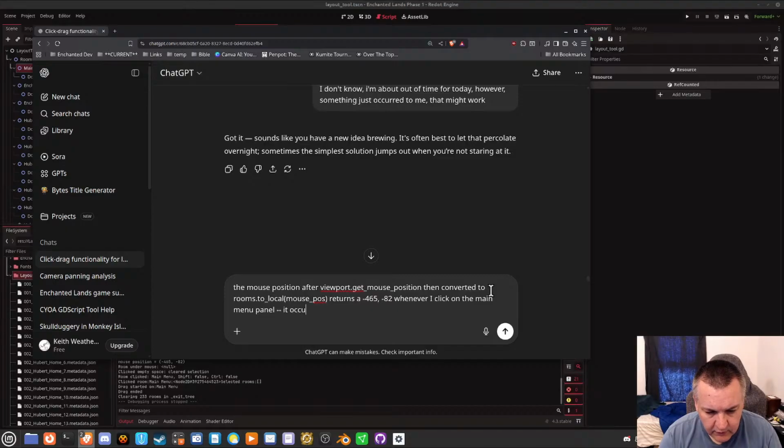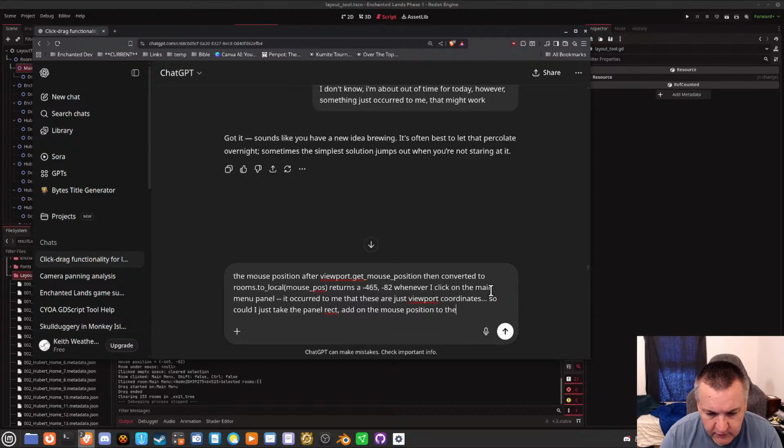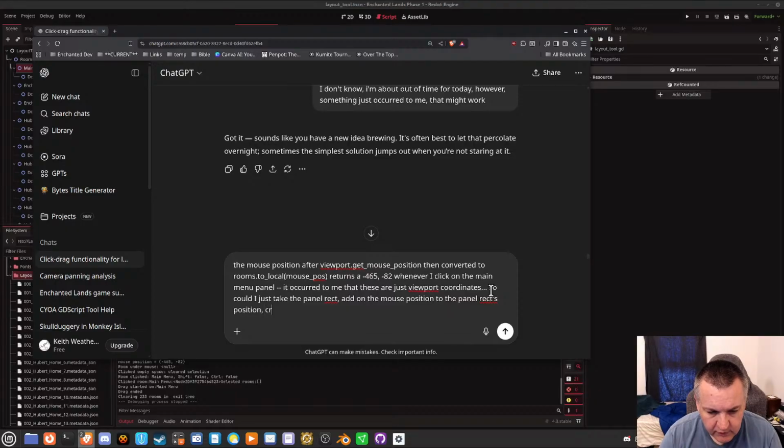It occurred to me that these are just viewport coordinates. So couldn't I just take the panel rect, add on the mouse position to the panel rect's position, create a new rect,